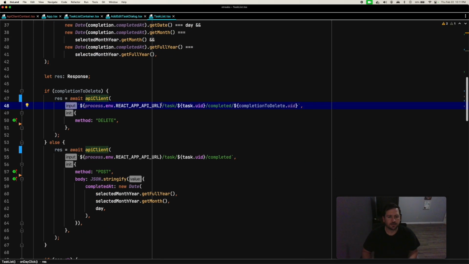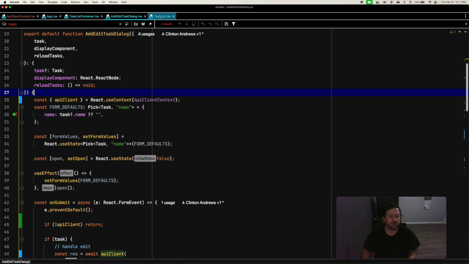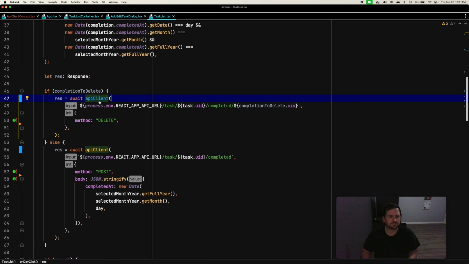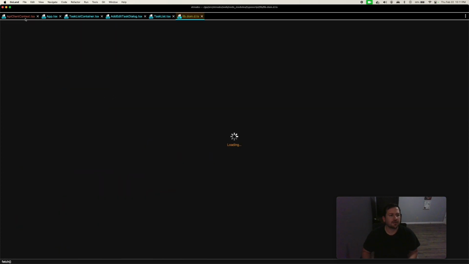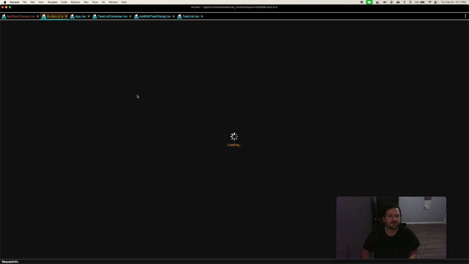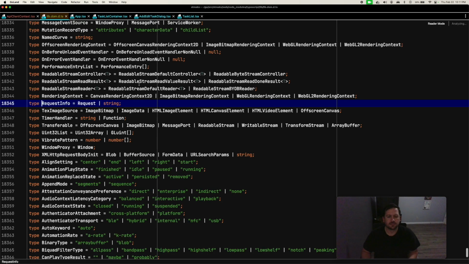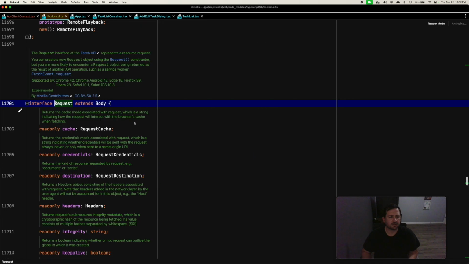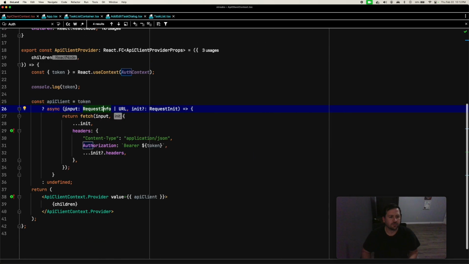So yeah, I think another thing we can do is even take our URL. If we go to our API client here, we can actually take this. So what does this request info look like? It's a request or a string. So what we can actually do is